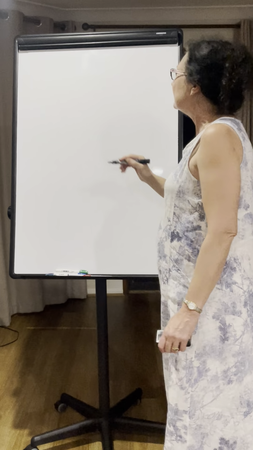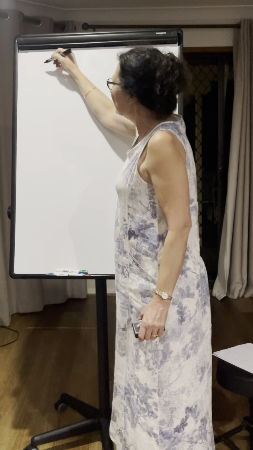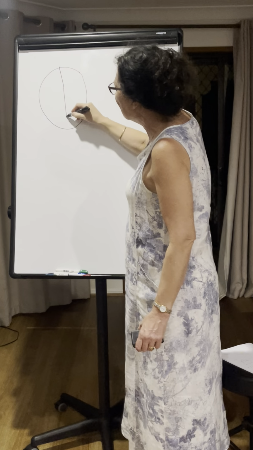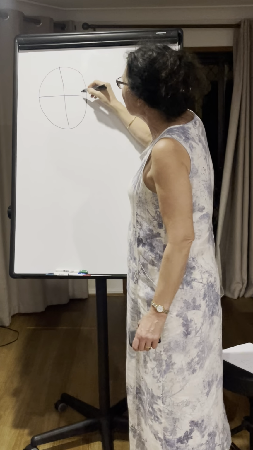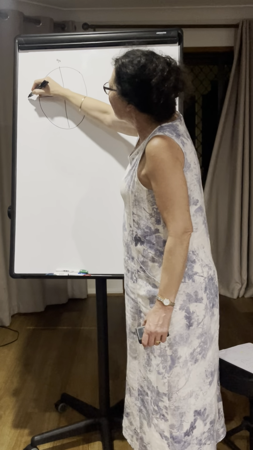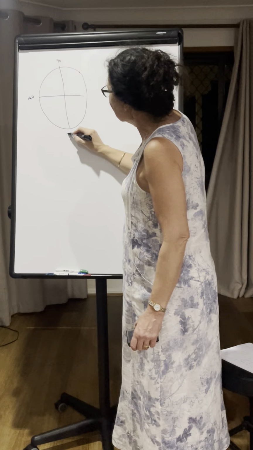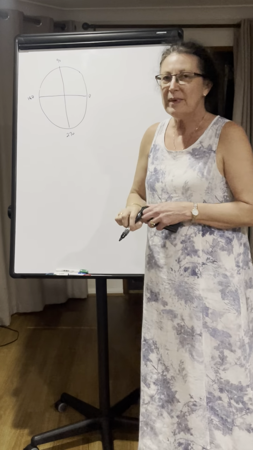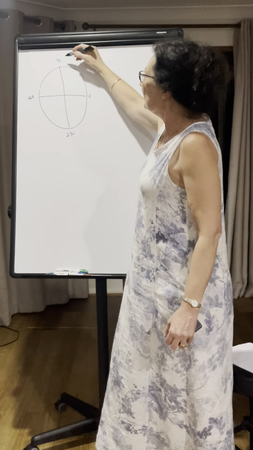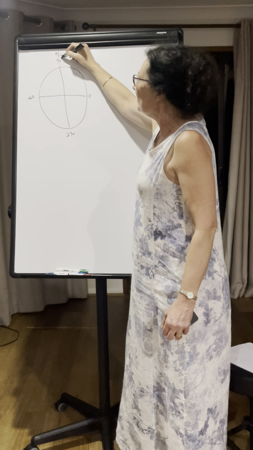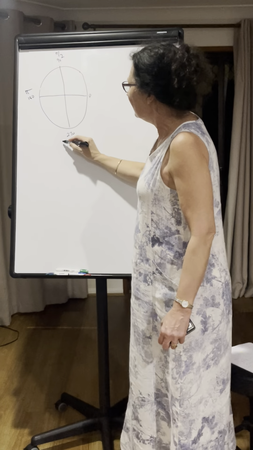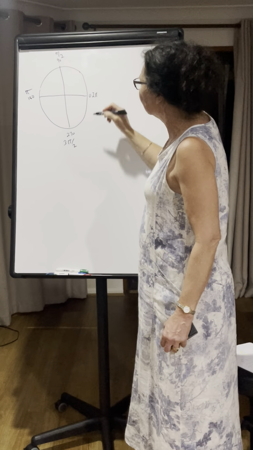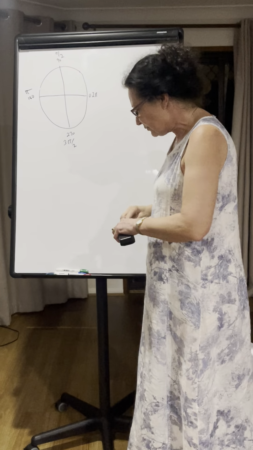If you remember from the last one, let's just have a look at this beautiful unit circle. Now, as I said before, you guys need to be so familiar with this because it tells you so much. So if we go back to 0, 90, and remember, if you put pi over 2, pi, 3 pi over 2, and 2 pi. And remembering that as we go around,